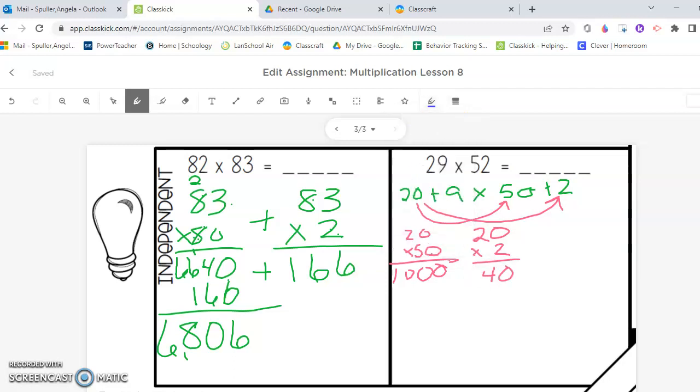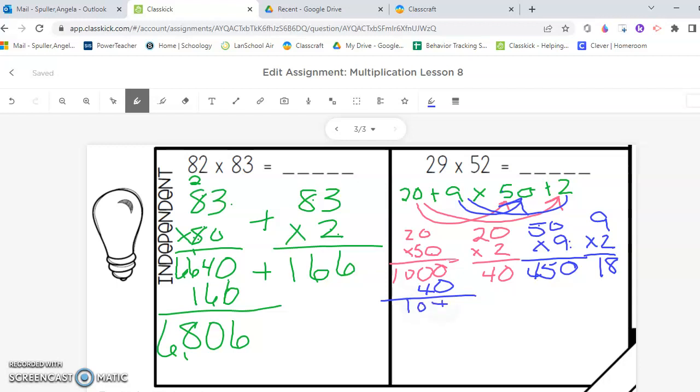Then I've got 9 times 50, so 50 times 9. 9 times 0 is 0, 9 times 5 is 45. And then 9 times 2 is 18. Now remember, we add these up, so I'm going to bring over the 40 and get me 1,040. Bring over the 450. It's going to give me 0, 9, 4, and 1. Bring over the 18, and my answer will be, keep that